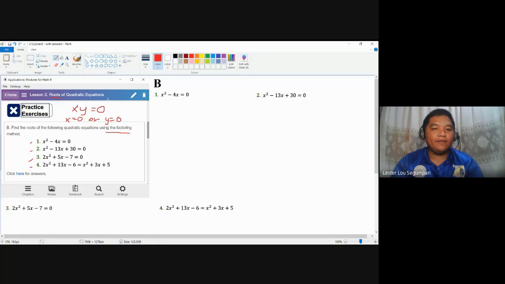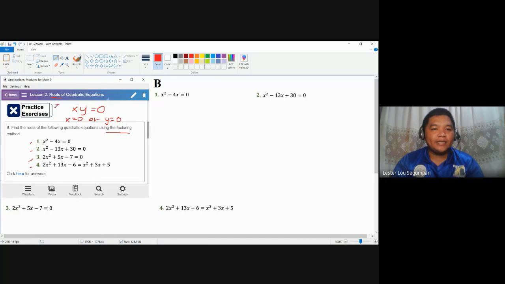Take a look at this. If x is equal to 0, no matter what the value of y is, whether it's an integer, 1 million, a fraction, or a radical expression, this will become equal to 0 because any number multiplied by 0 is 0. Same thing with y. If y is 0, regardless of the value of x, it will always result in 0. How much more if both of them are equal to 0? So we are going to use this property.